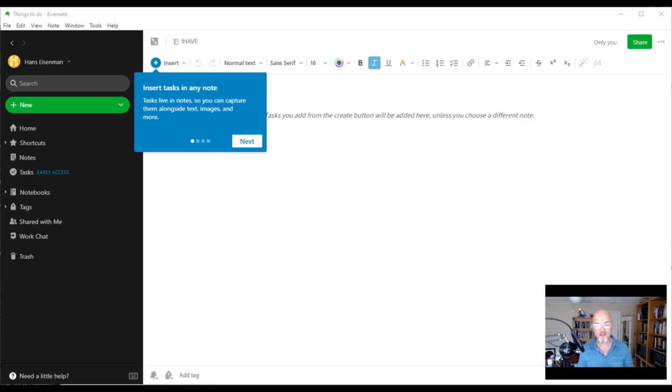Wow, so it looks like Evernote has just released a fully functional task feature set for their new version 10 app. And I have to say, I'm very excited about giving this a try. I've been a premium user of Evernote for about a decade or more. I've got 20,000 notes. And one of the things that has always been a challenge is task management, because it's